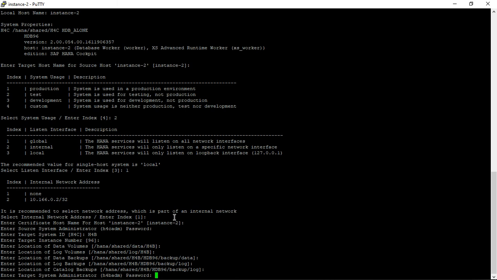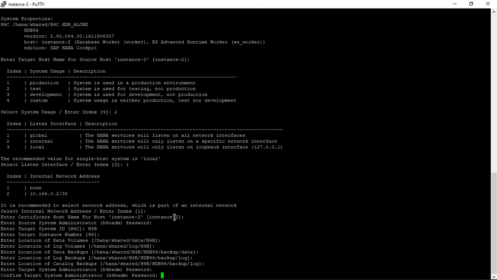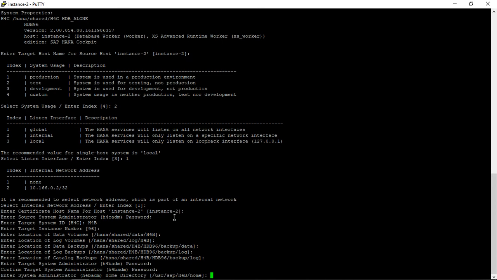Now enter the system administration password. This is the new user which is going to be created, because this is the new SID, H4B. Set the password here and confirm. Now the home directory: again the default, just enter.